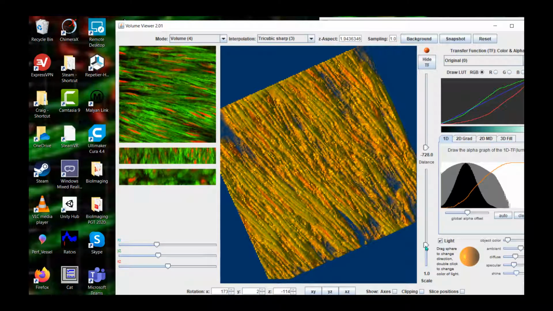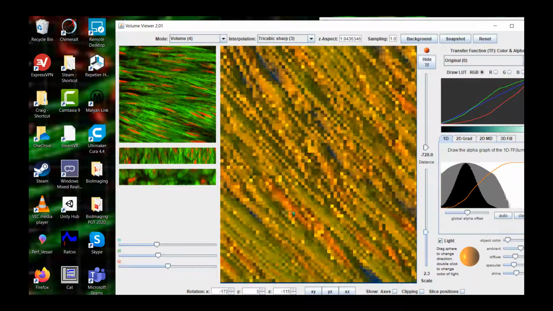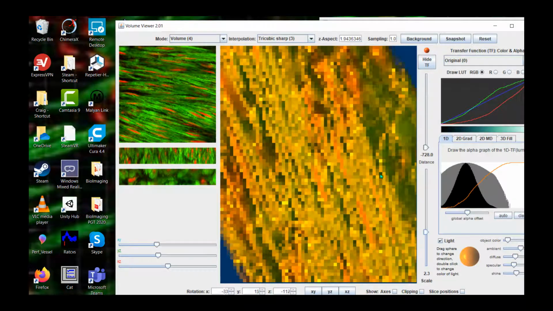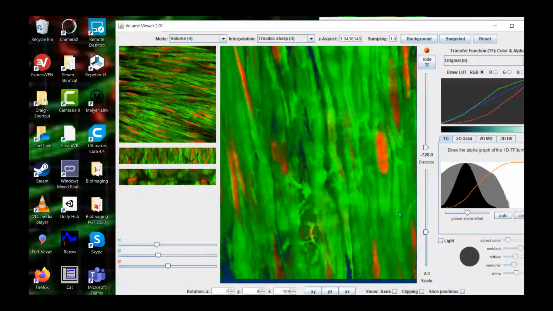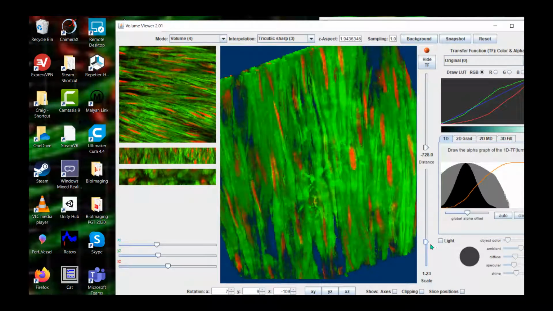And the result that you get here will depend on how good your computer is, how much video processing, how much RAM you've got. Not too bad. But I think for this particular volume, this would work really nicely with a data set in which there was lots of space between the objects. I think for this data set, actually, I don't think that having the light on actually helps. You can of course change the colour of the light.